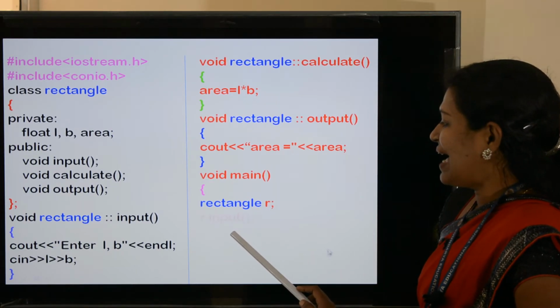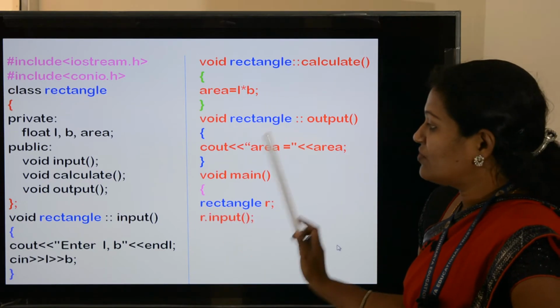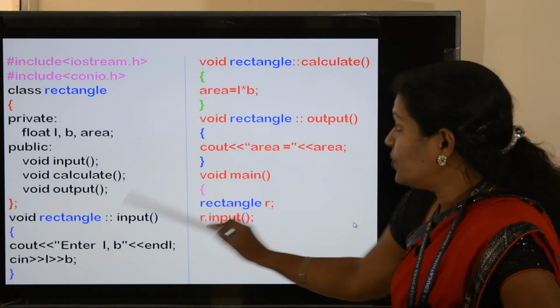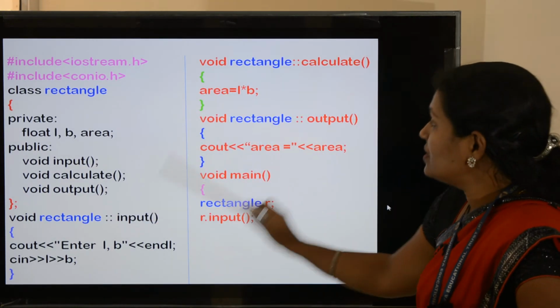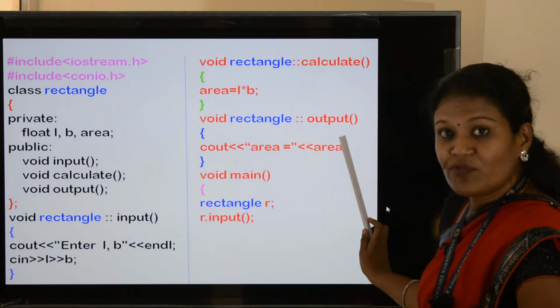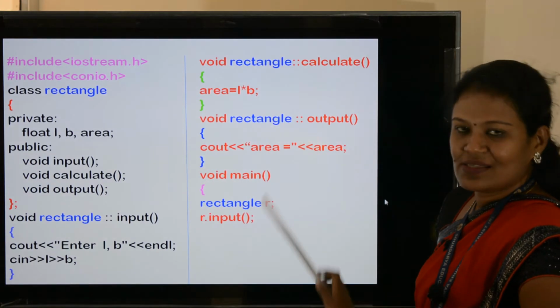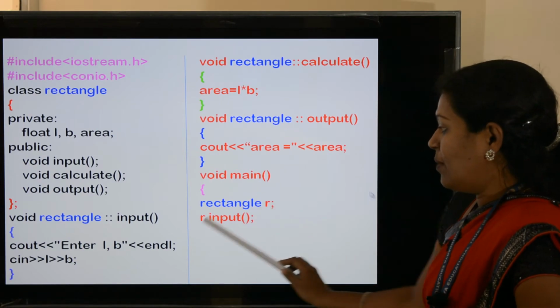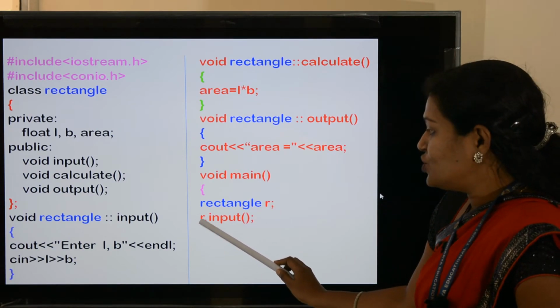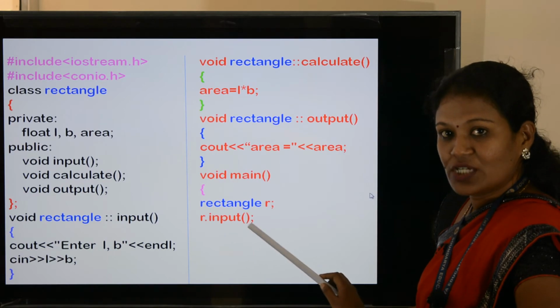Next one is accessing. Which are the functions I need to access? Input function, calculate function and output function. These three member functions I need to access. So how will we access them? Object name, R is the object. So object name dot the function name.